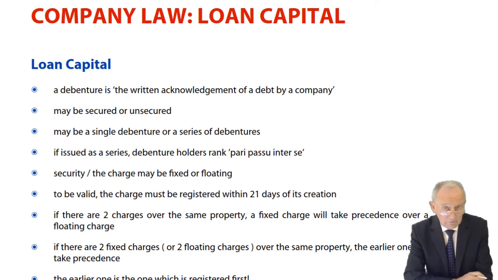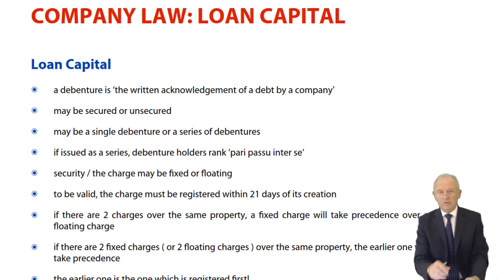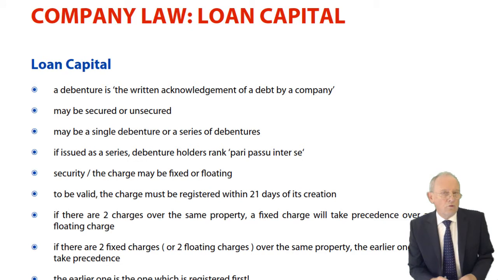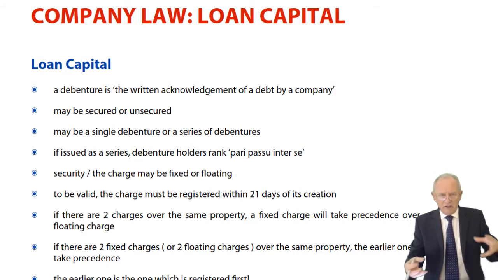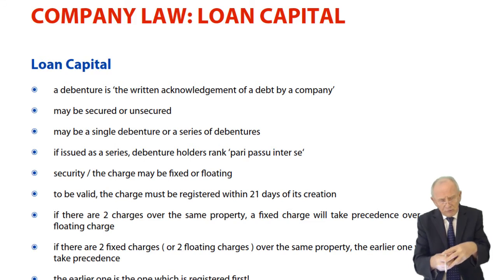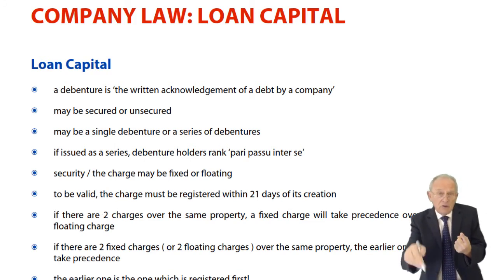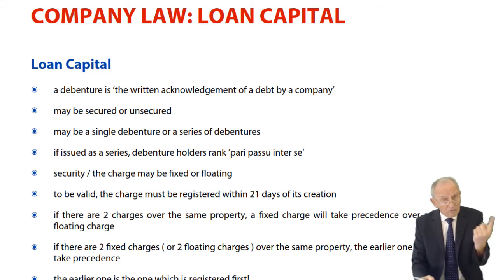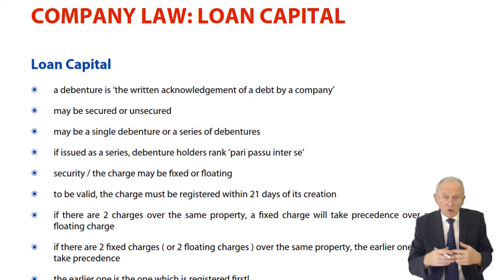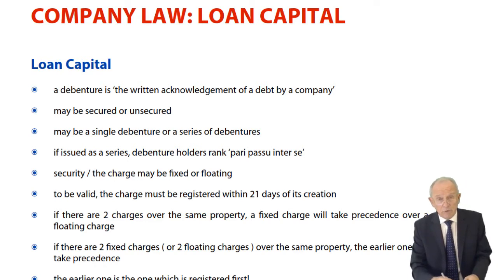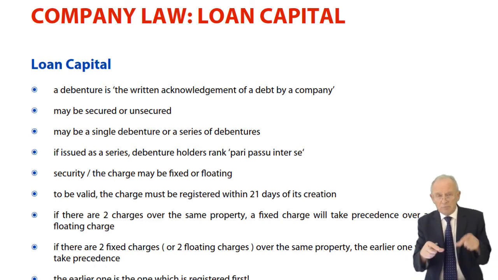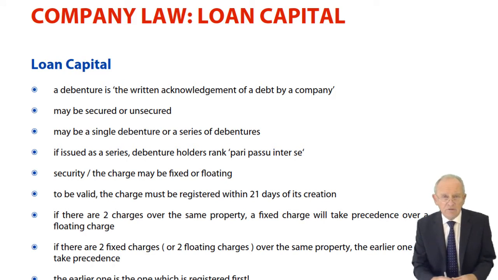It is possible that you lend money, maybe inadvertently, to the company and that isn't secured, neither by way of fixed charge nor floating charge. I'll explain these charges in a moment or two. I had shares in a company, and the company was taken over by a vulture, and the vulture company said, we're going to give you one of our shares for every 10 that you hold in your little company, and we're going to pay you some money, but not immediately. We're going to give you a piece of paper that says we owe you money in 3 years' time. So I was a debenture holder, and it wasn't secured.